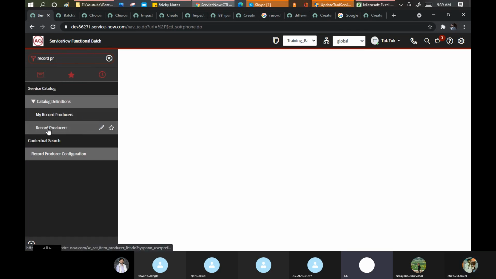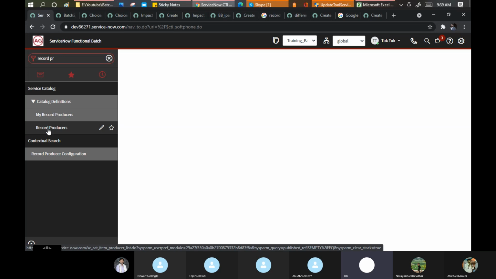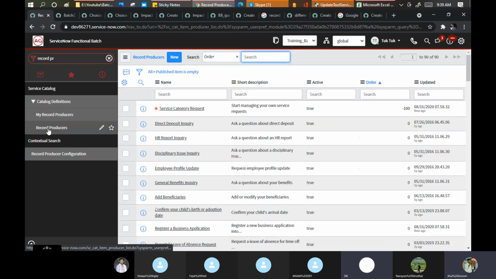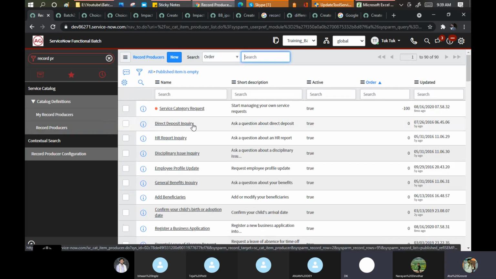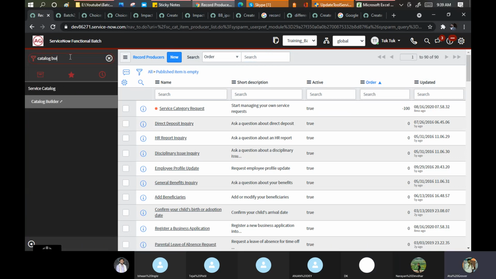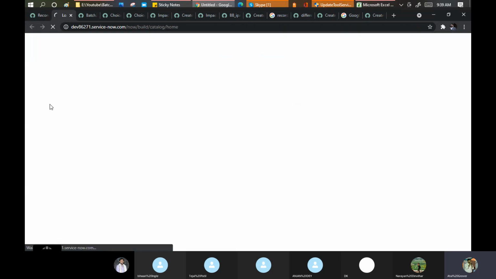So Atul, for catalog item, we had a simplified option like catalog builder. So for record producer, do we have anything like this, or is it all script based? Acha, for that one, no. Creation of record producer, no, you can check that part. Let me show here, catalog builder. No, it's not there. You need to write some code. Okay. Maybe in the coming releases they will give some enhancements.